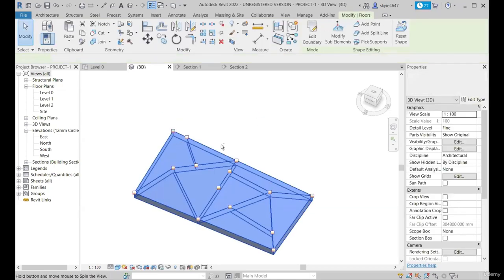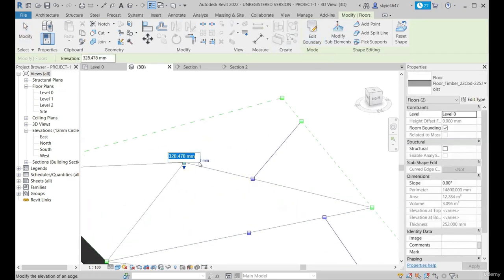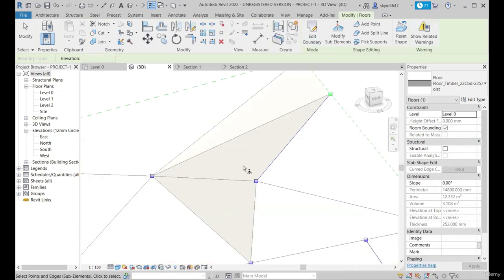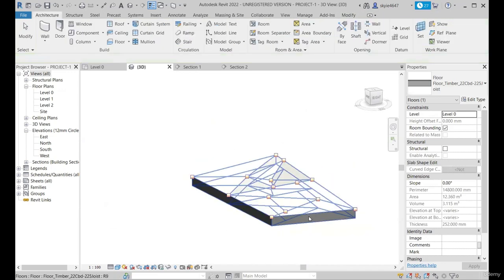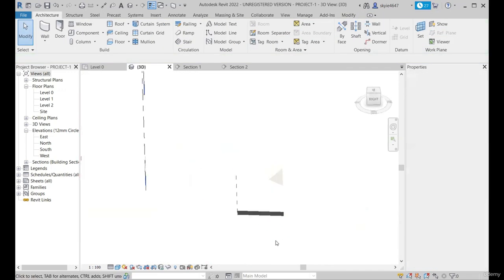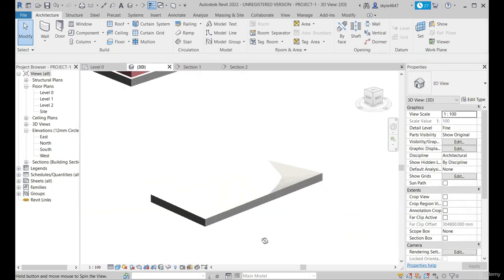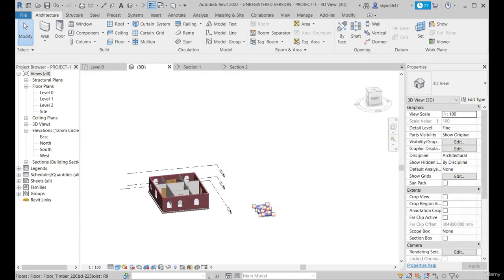Okay. Now our floor looks something like this. So you can even edit this point as well. Just drag a selection over here, and if you want to change its elevation, you can change it. So likewise, you can make adjustments to your floor as required, in conditions where you have to assign a non-uniform slope to your floor element. Okay,